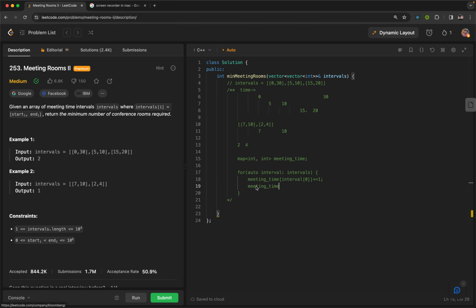Similarly, for the ending interval, I would be marking it as -1. All right. Now what would be the result of this map once we have constructed it for the first intervals array. So for the first example, my map would basically contain